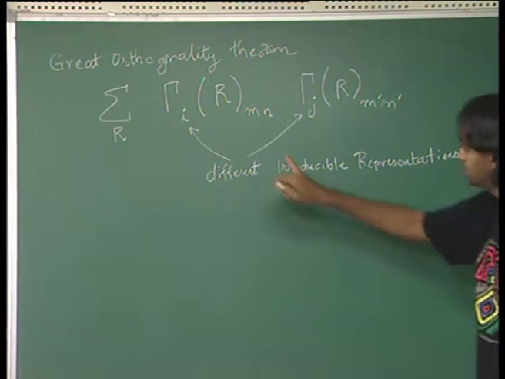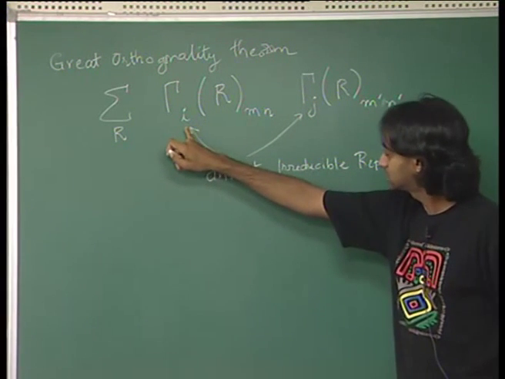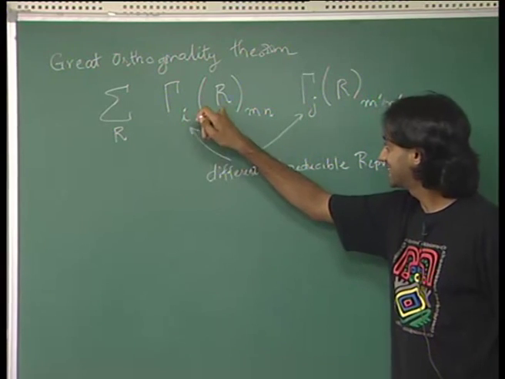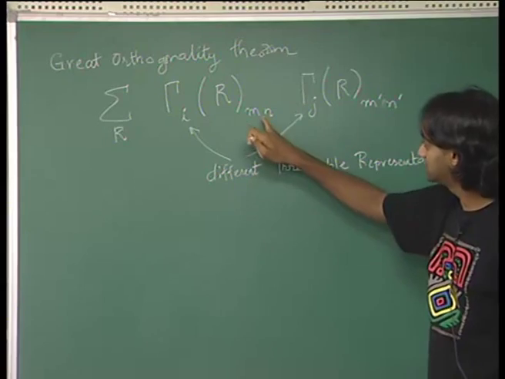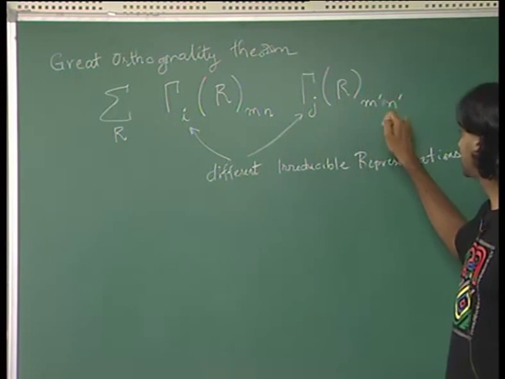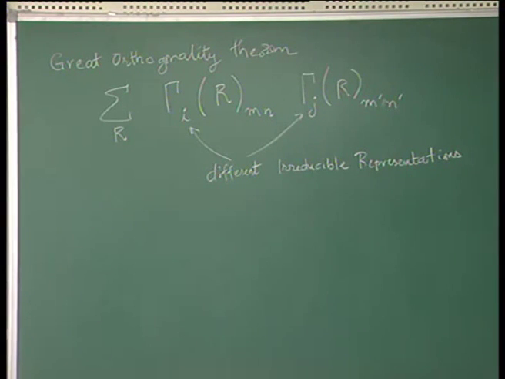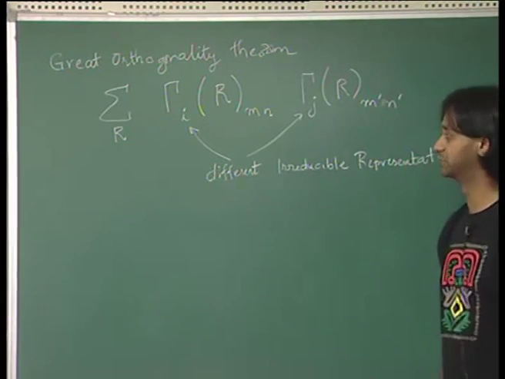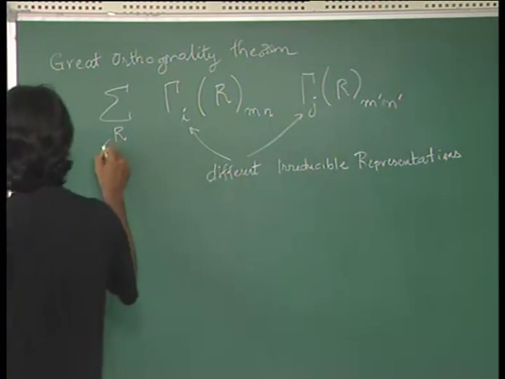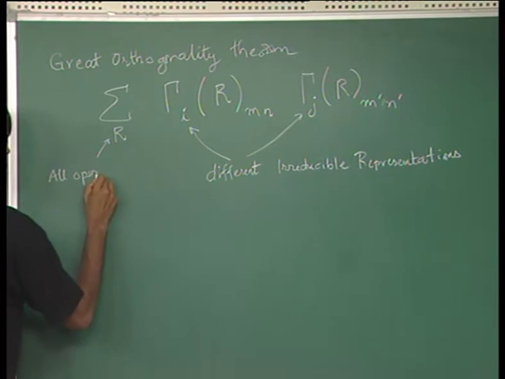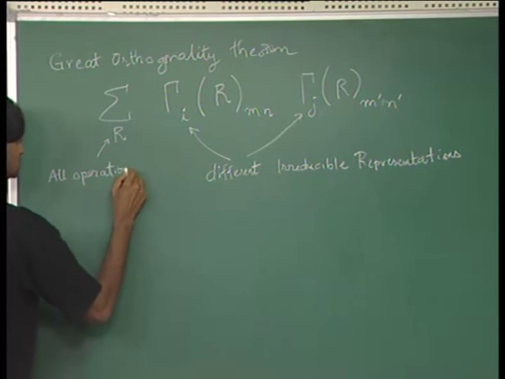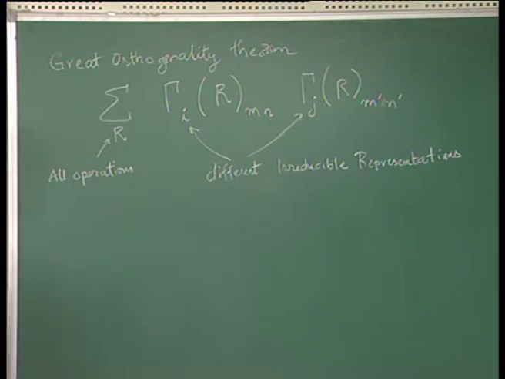So, you look at the matrix corresponding to the same element in different irreducible representations, and here you look at the m nth element, here you look at the m prime n prime element, okay, and you sum this over all the operations. So, these are sum over all operations of these products. Okay. And when you do this,